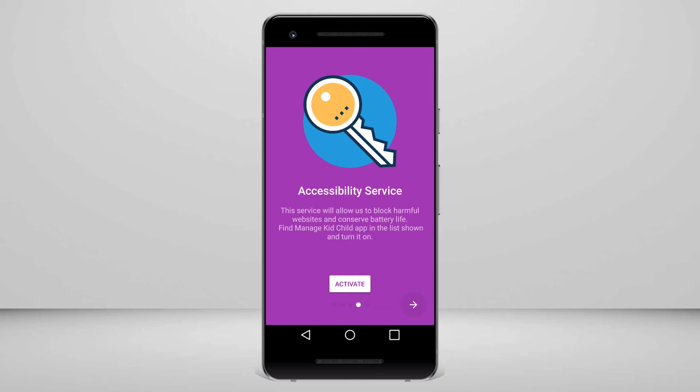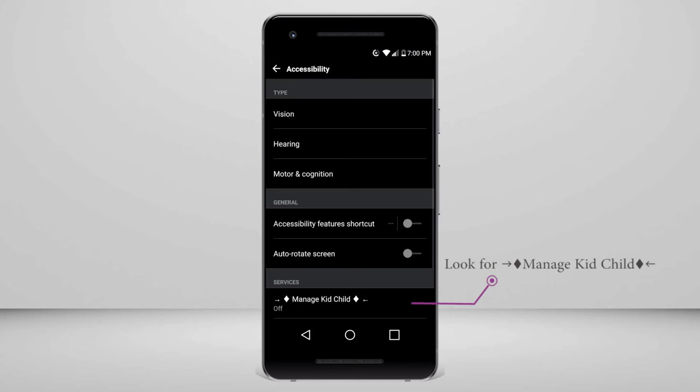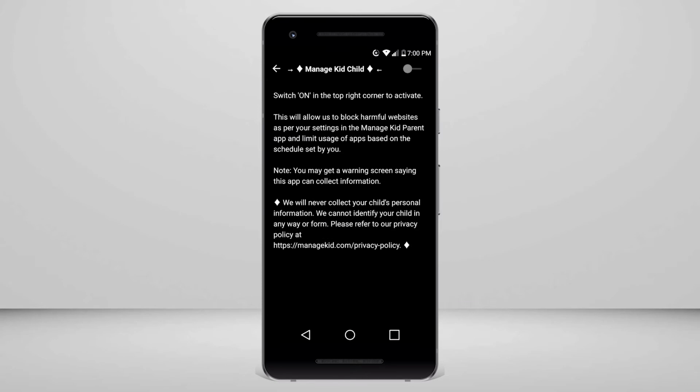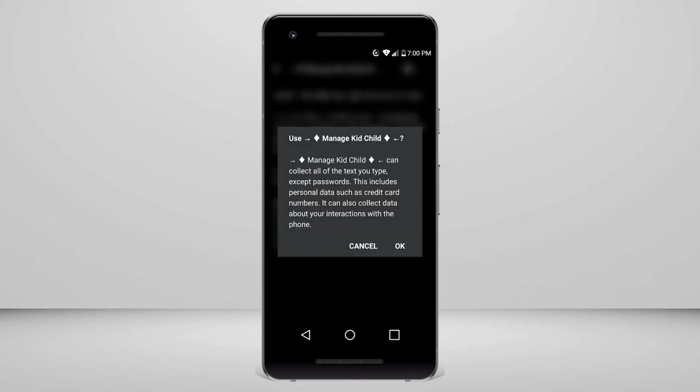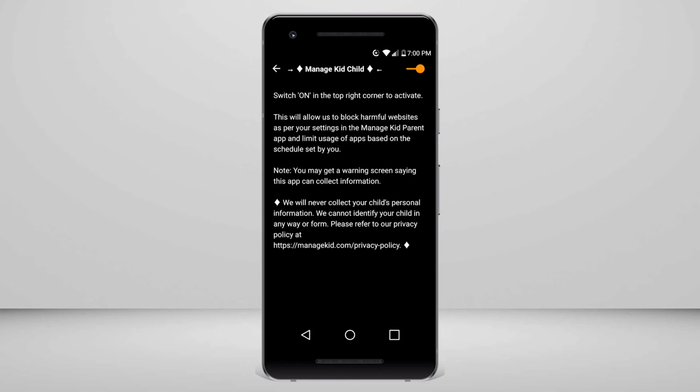The app requires accessibility permission to block harmful websites and conserve battery. Press on Activate and find ManageKit Child on the list. Turn it on and you will get a dialog box. Please read and press on OK. Then press on the back button twice at the bottom of the screen to go back to the ManageKit Child